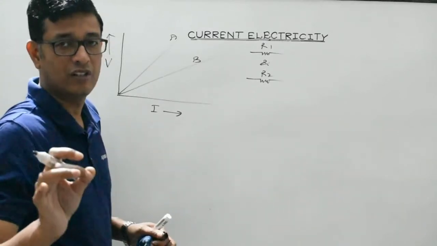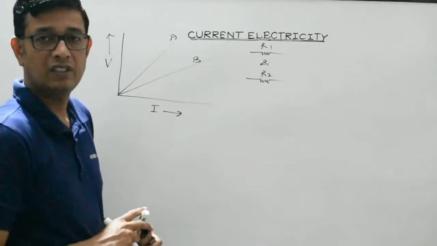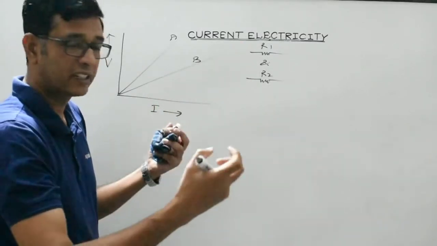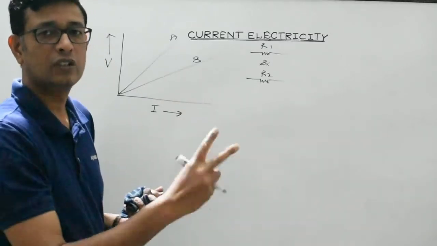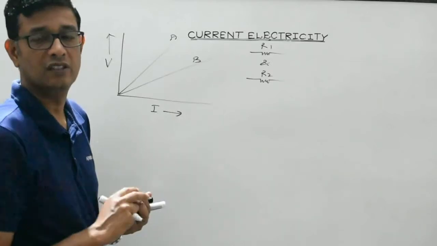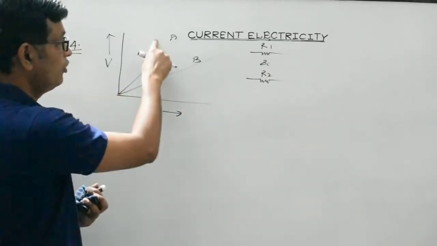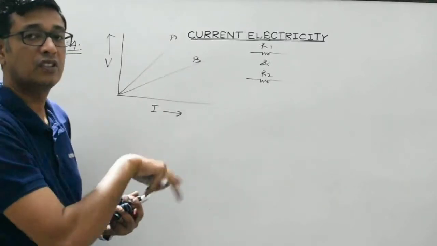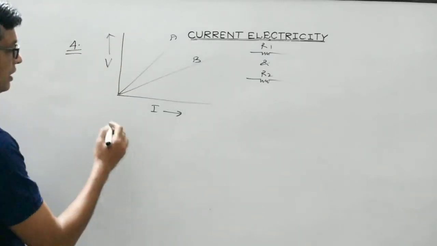I repeat my question. It's again a very interesting one. Two resistors R1 and R2 are given. They are connected in series and then they are connected in parallel. In both cases, the VI graph is plotted. Which of these two, A and B, will represent series and parallel grouping, right? So, key point is